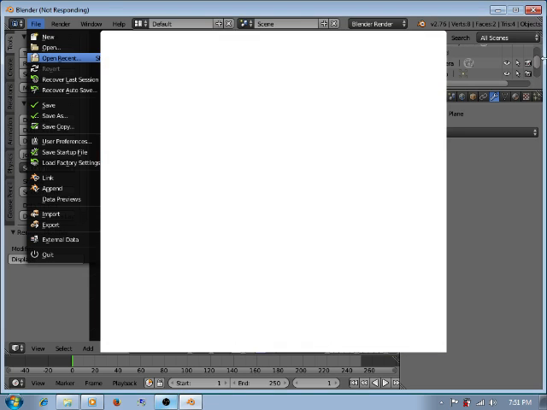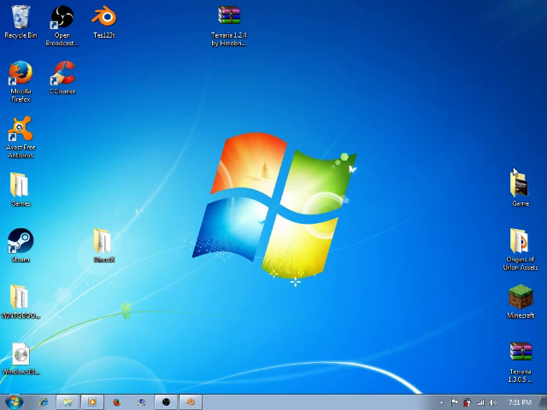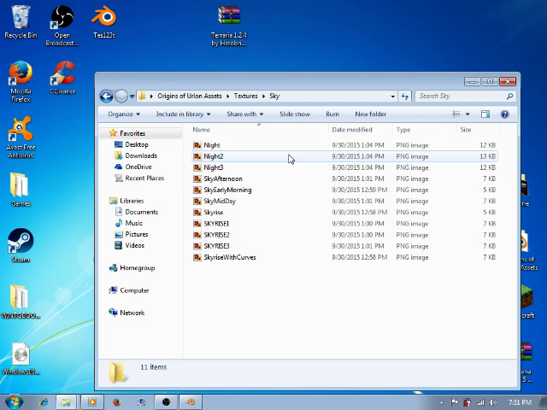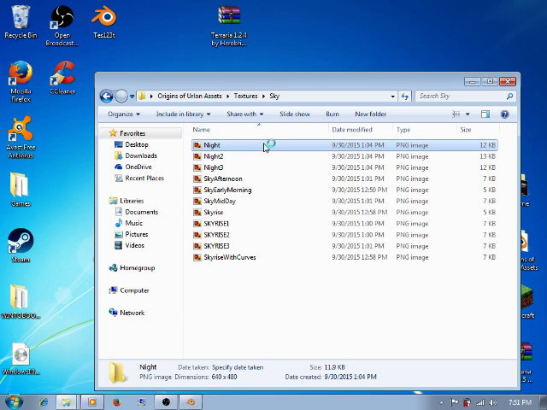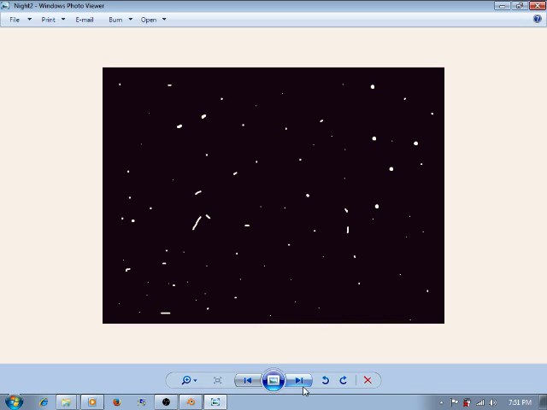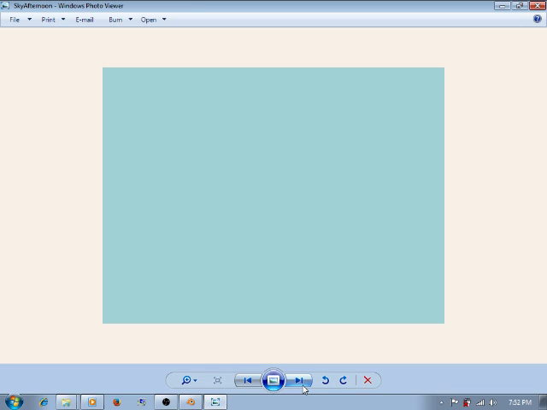Okay, we have fun. I went in and made all of these different types of settings. There's night 1, night 2, and night 3.